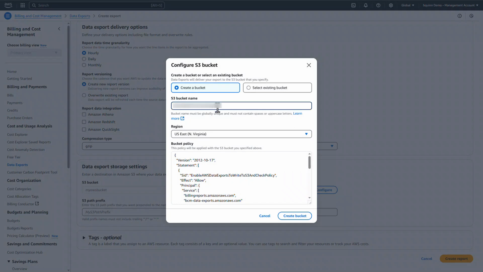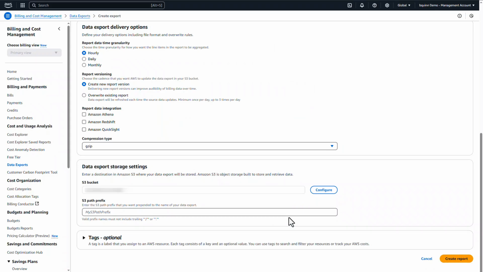We'll give it a relevant name. We'll choose what region we want the bucket to exist in. And for bucket policy, we will leave this as the default settings. Now we can create the bucket. The S3 path prefix is optional. In this case, I'm going to give it a path prefix, and that's just a path in the S3 bucket